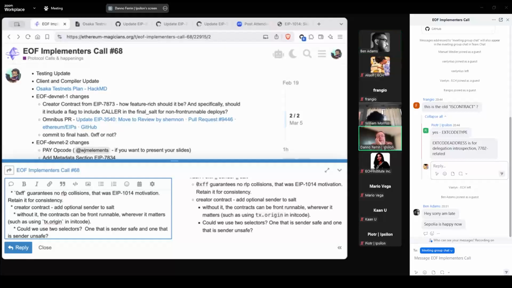Right, if there's only one way for that contract to result. But there are cases where you might want to use TX origin, or get the sender to set the owner of the contract, because that's something you would want to do in the init code. But there's also no way to do a delegate call from a transaction yet. So you're always going to be in the context of whoever you're calling, so you will be the sender. It's an existing problem if you want to take a big contract.